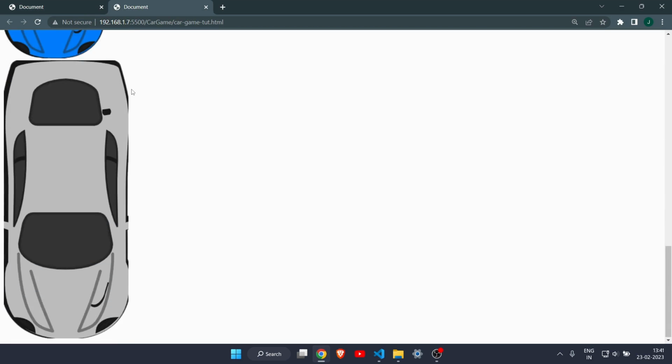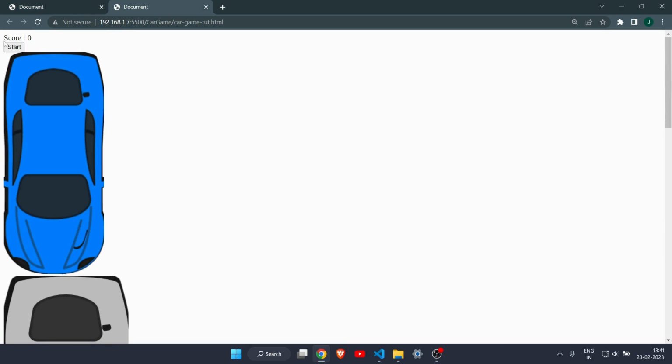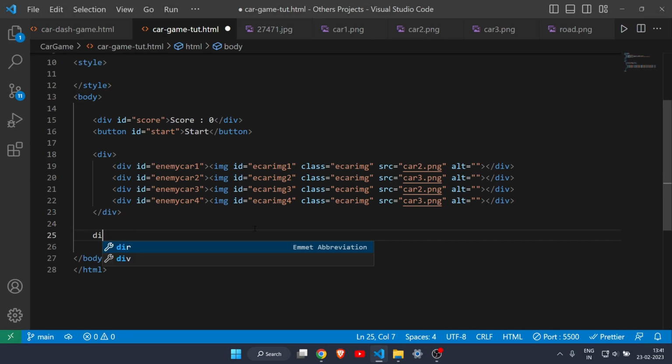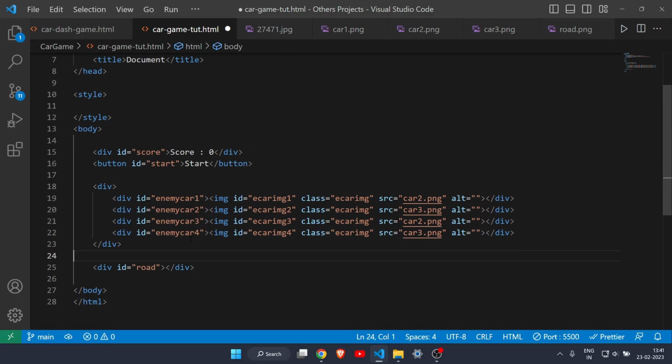Alright, so yep, as you can see here, all the cars are now there, and our score and start button is also there. Now let's create one more div which is our road, okay. So it will be our road, that's it. And one more div, okay, which will be our user car. So I will give it an ID of